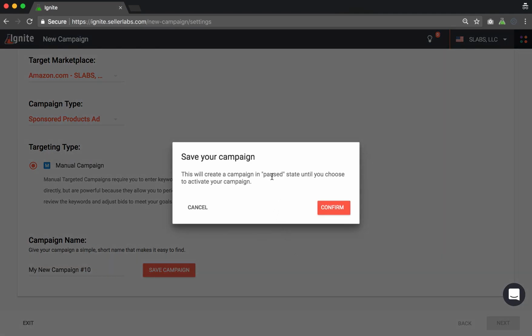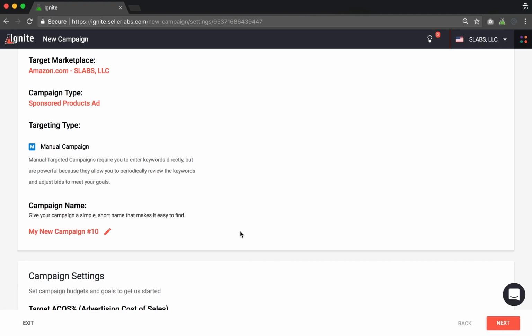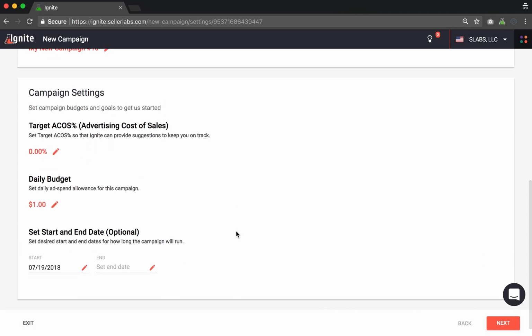later, because in the next modal that you'll see is a pause state warning. So anytime you finish this first step or you're creating a brand new campaign, your campaign is going to come in as a pause state in which you'll have time to go through, set all the details of the campaign, and then come back and activate it later at the last step, which we'll show you at the end of